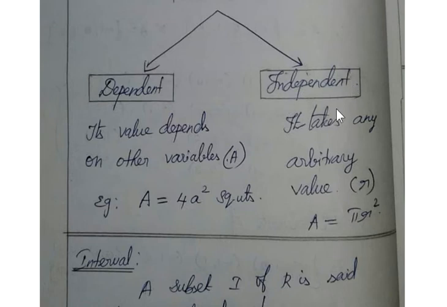And the next one is independent variable. Independent variable is r. Here also the independent variable is the side. Side value is the independent variable, and the area value is the dependent variable. Here the independent variable is the radius of the circle. Area of the circle formula is pi r square. The area changes according to the size, the length of the radius. So radius is the independent variable, area is the dependent variable.